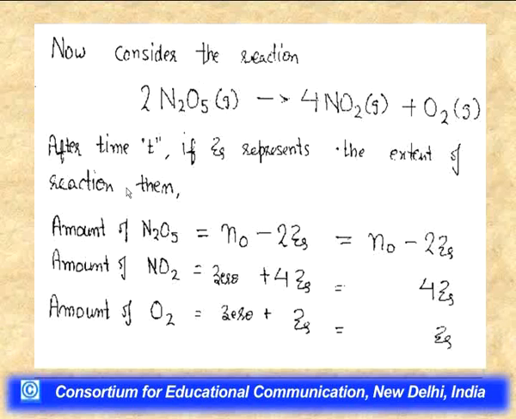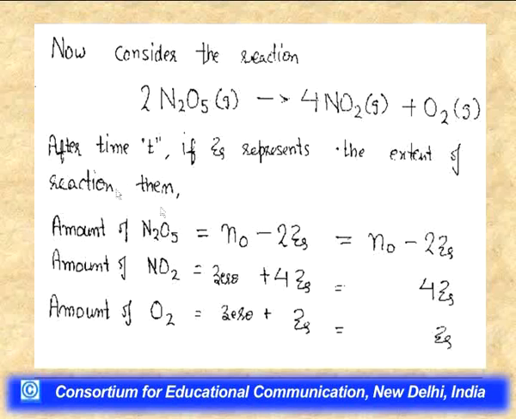Now, as was said while showing the previous slide, after time t, ξ represents the extent of reaction, that is, it gives us an idea about to what extent the reaction has proceeded in the forward direction, and it has the unit of amount of substance, that is mole. And if we multiply ξ at time t with the stoichiometric coefficient, then it represents the amount of that species either consumed, for the reactant, or produced, for the product.